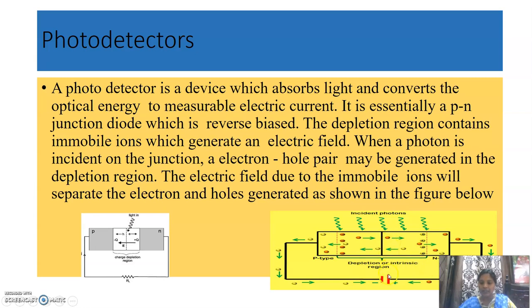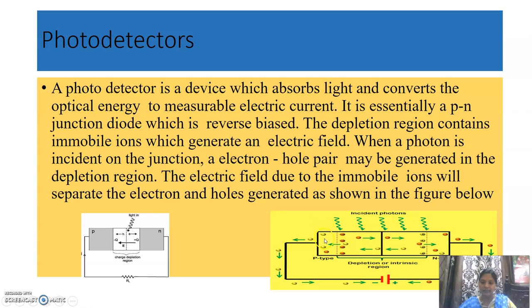Due to the presence of the electric field, whatever electron and hole pairs are created here are swept apart from each other. That is, due to the electric field, drift will take place. The electron and hole created in this depletion region, because of the electric field at the junction region, the electron will move towards the N side and the hole will move towards the P side because of drift.